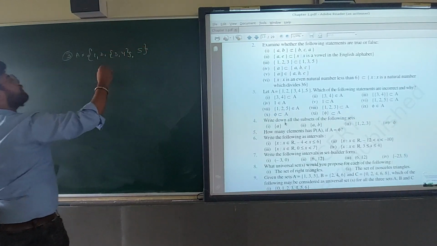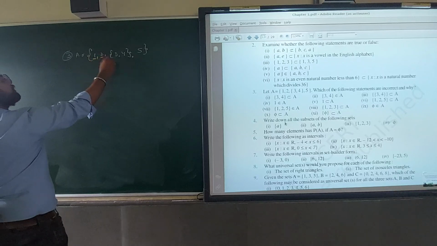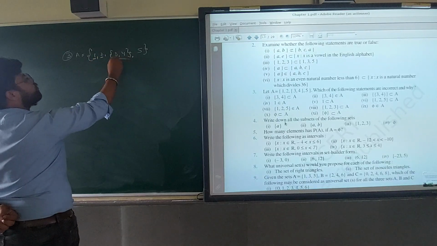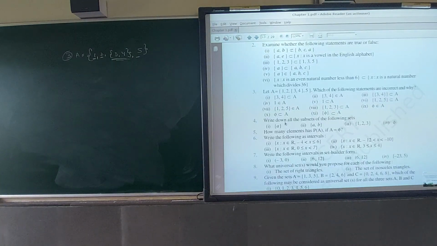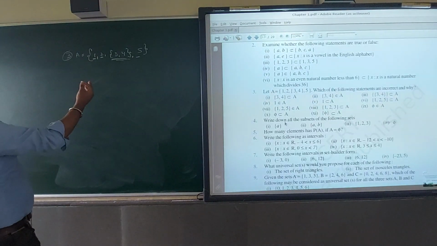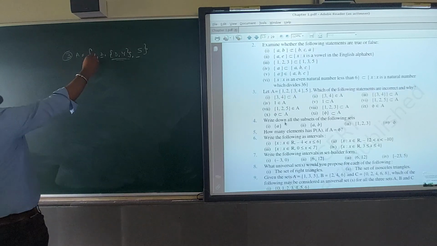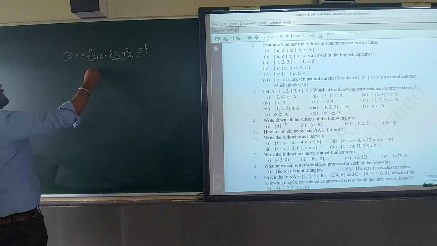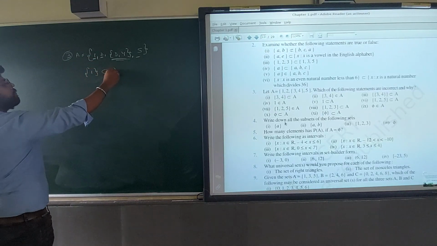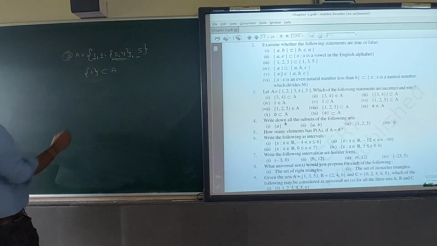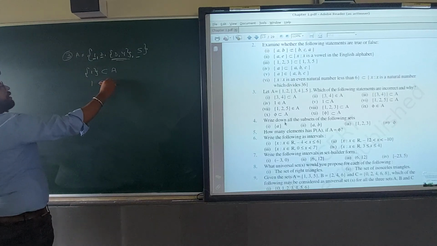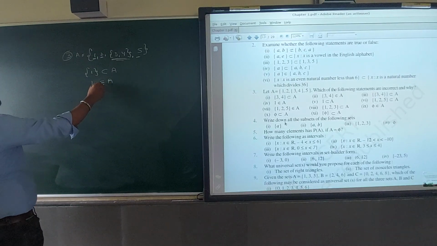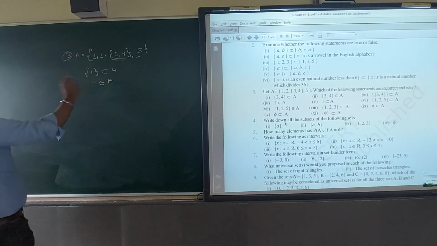So what are the elements? This is the first element, second element. This is complete an element. Okay, and this will be the last element. So what I said, whenever the element will come only, suppose for an element I can write 1 belongs to A, and if I want to write the belong sign, I have to write 1 belongs to A. So whenever the belong sign will be there, these brackets will not come.